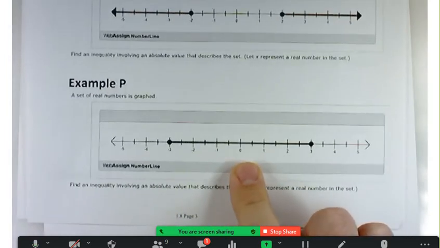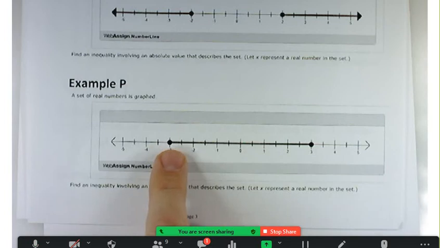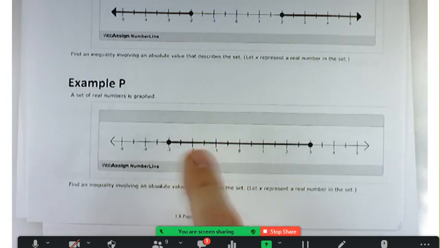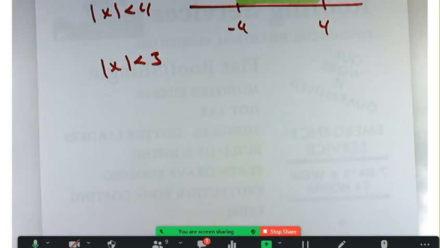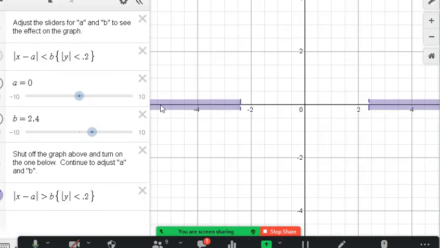Is that absolute value greater than case or less than case? Less than 3. Less than. Yeah, less than. And actually, let's be very careful about this. This would be less than or equal to 3 because you're actually including the endpoints. All right? Now, there's one last little trick here that we got to look at as far as these are concerned, and that is,